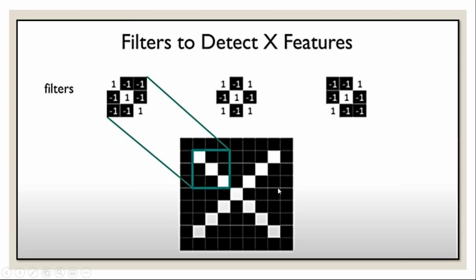Okay, so now see, why filter? Why are you using a filter on an image? See here, I'm taking an X. In my picture, I have an X character, and I have to recognize whether it is X or not. How can I identify that the character is X? What are the special features of X? Here I'm selecting 3 features. One is the crossed line, the left side cross.